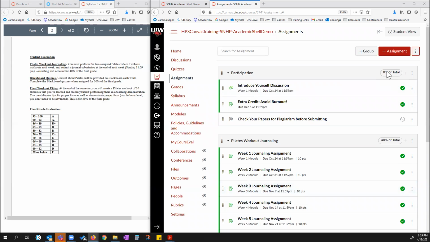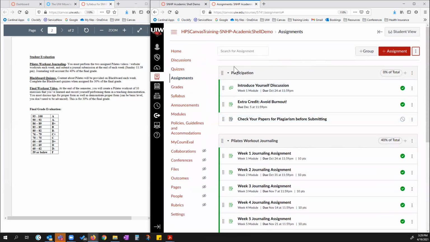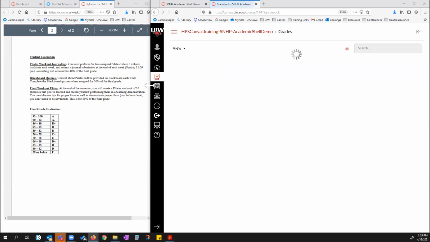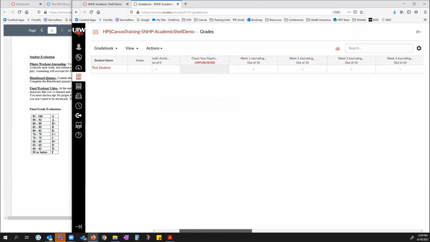And now you'll see these indicators have popped up on the right-hand side of each group. My assignments is fully built out. This course is pretty straightforward and pretty simple, so there's not a huge amount. But now when I go to my grades area, everything I built on my assignments page is now going to be represented by a column in my gradebook. So I've got my introduce myself discussion board, my extra credit, my check my papers is unpublished and showing me that right there. And as I scroll around, to the right, I've got my week 1, 2, 3, 4, 5,